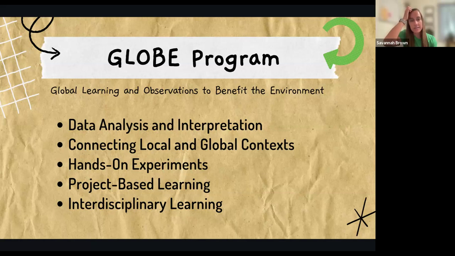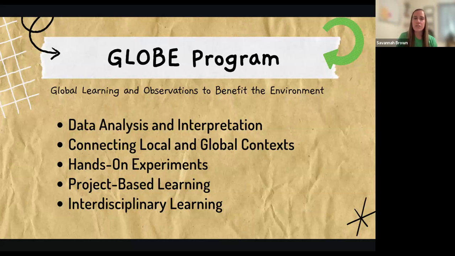So this is the global context piece for me, because students want to learn from other students. I think that they are their best resource when they're in the classroom or when they're out of the classroom. They love to talk to each other and they love to hear other students' information about topics that they're interested in. So what this does is it's a platform that allows for different